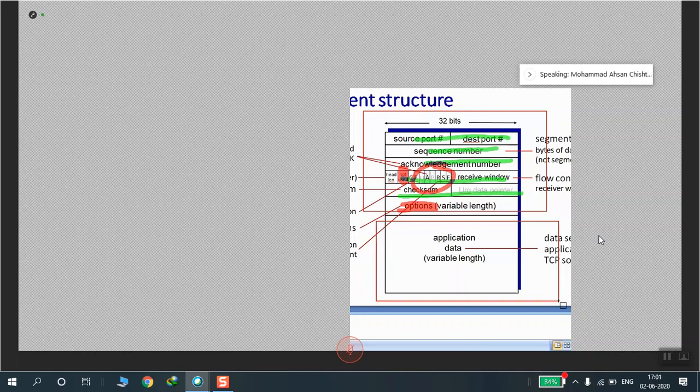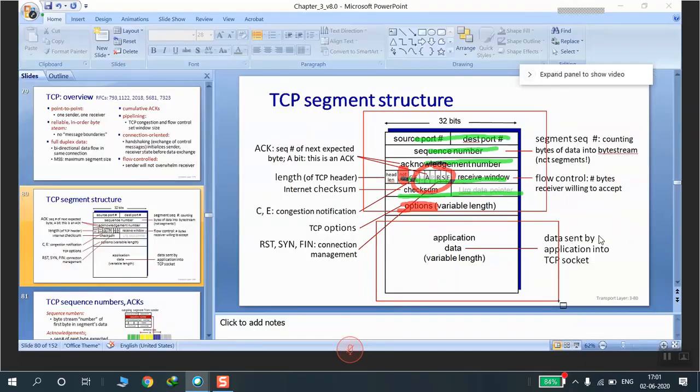So to do a proper checksumming, a pseudo header is to be included. Why do we call it a pseudo header? Because it's not actually part of the TCP, it is part of the IP header. The source IP address, the destination IP address, the protocol number, the glue between these two layers, these constitute a pseudo header.